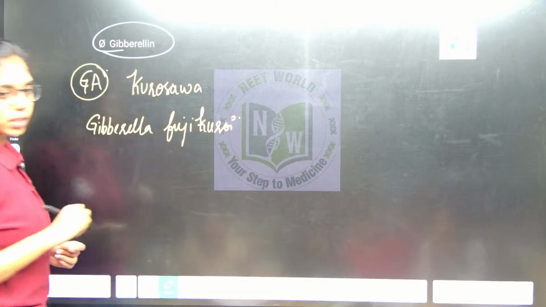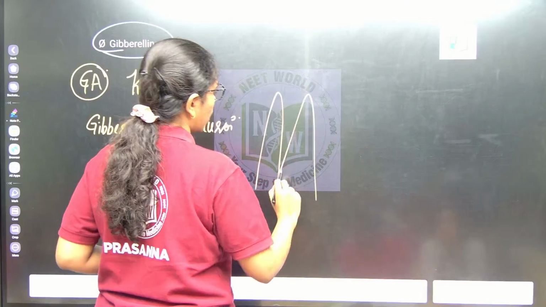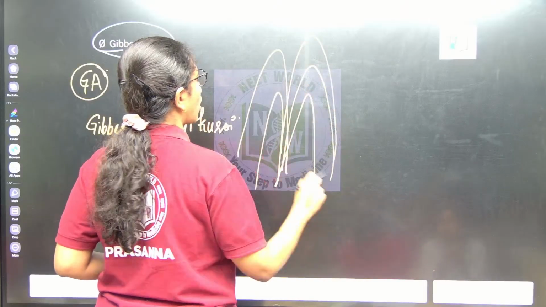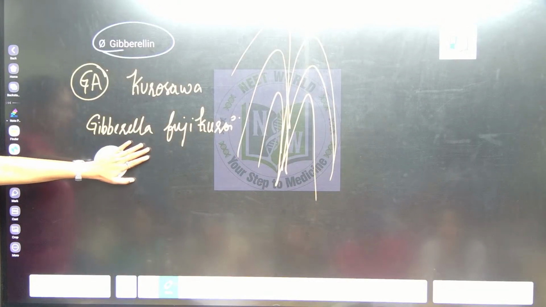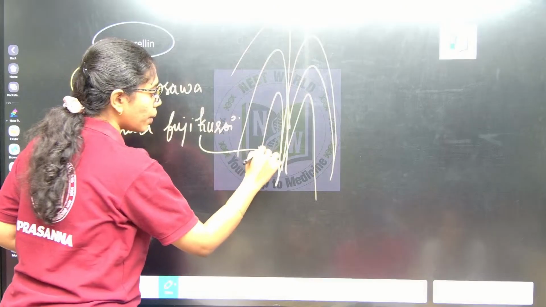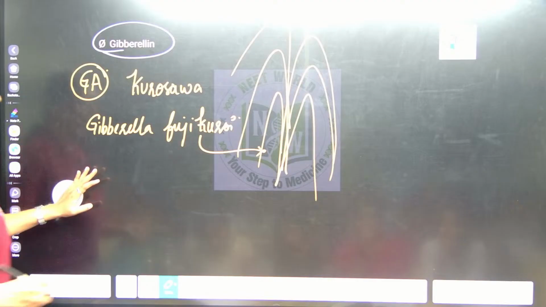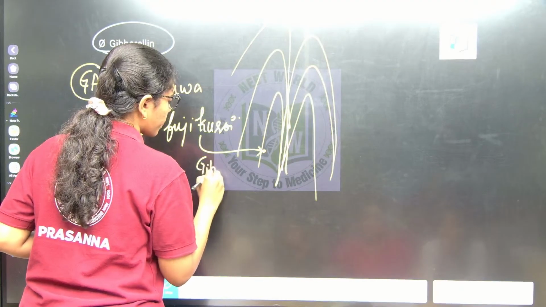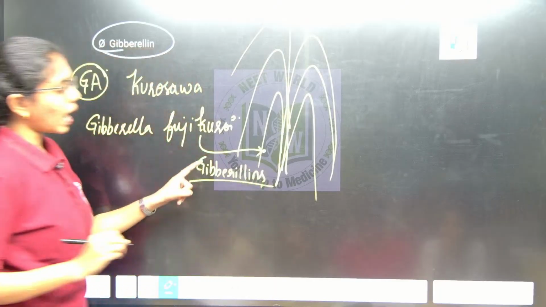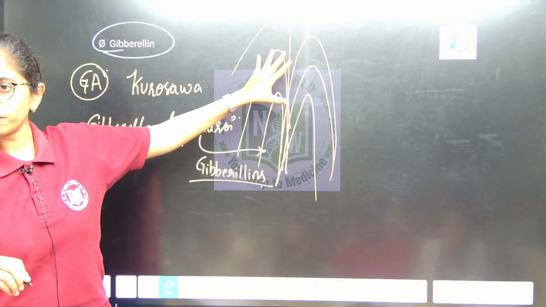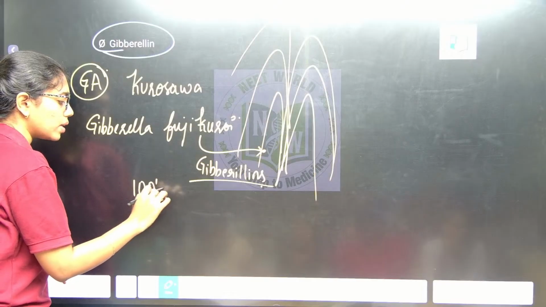This is the fungus. It infects the plant, so the plant grows too tall compared to normal rice plants. These rice plants are abnormally tall because of the fungal infection. What are the chemicals causing this effect from the fungus? When those were examined, they were gibberellins. Gibberellins are responsible for the elongation of the plant, is what was discovered. As such, some hundreds of gibberellins were discovered.